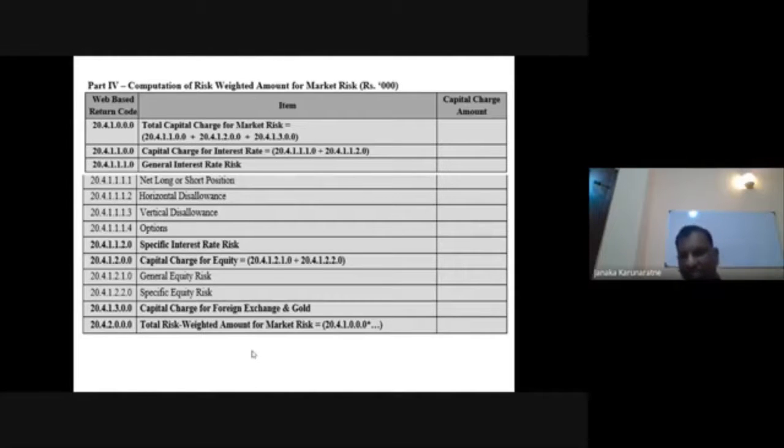For market risk, Sri Lanka requires you to follow the standardized approach. The standardized approach is based on your long and short positions, and depending on the long and short position, there may be a couple of allowances for the computation, which I'm not going to discuss, but just to keep you informed: horizontal disallowance and vertical disallowance. For the interest rate risk, you can then compute the capital charge for general equity risk and specific equity risk. All the computation methodologies are given in the directions,